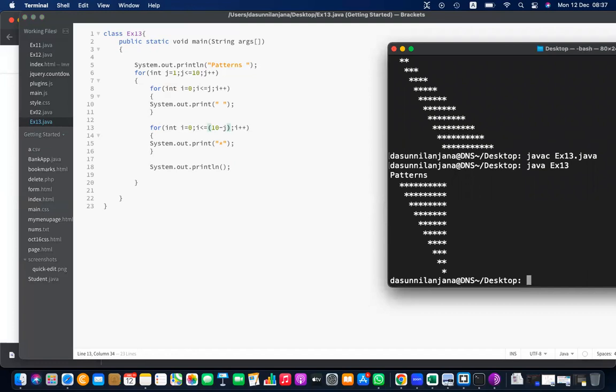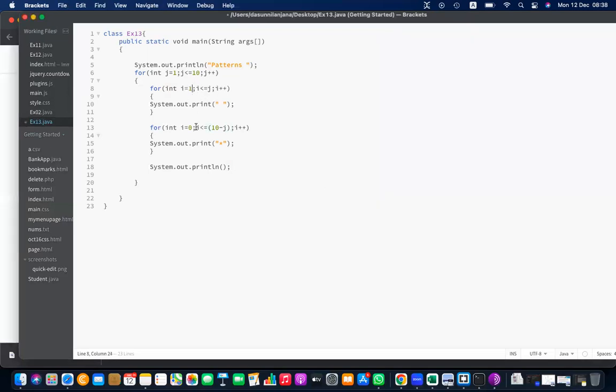Can you see? 10 minus j means the first one is 10 minus 0. Here you have 0 spaces. When there are 0 spaces, there will be 10 asterisks. Actually, you can start with 1, but the problem here